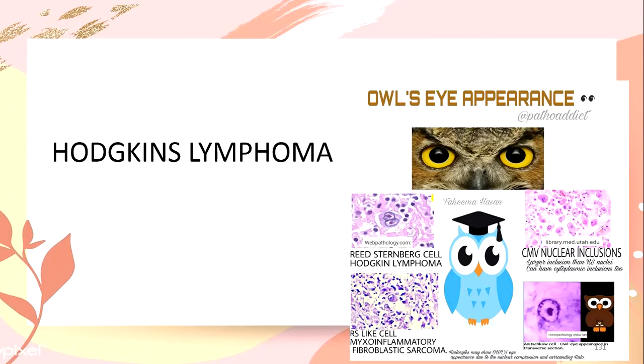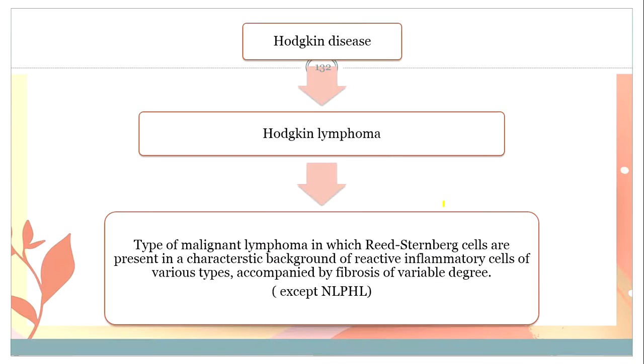Bismillahirrahmanirrahim. This is the last lecture of lymphoma. The topic of lymphoma is very difficult, but I have tried to make the lectures as simple as I could. Today we are going to discuss Hodgkin lymphoma. Mostly in this part, you are asked about the morphology of lymphoma, what is Reed-Sternberg cell, variants of Hodgkin lymphoma, and regarding other types of lymphoma, you are given a question in multiple choice questions.